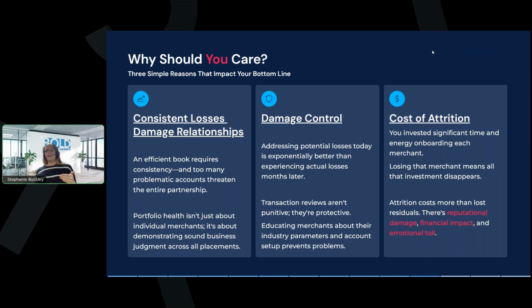So let's say we have a partner that's constantly bringing on fraudulent accounts, or constantly bringing something in that we end up having to get closed by risk because they were placed on MATCH or it was identity theft or what have you. That puts a damper on our relationship with the processor, their trust that the people we're advocating for are not doing something wrong. And we're constantly in that balance with them.